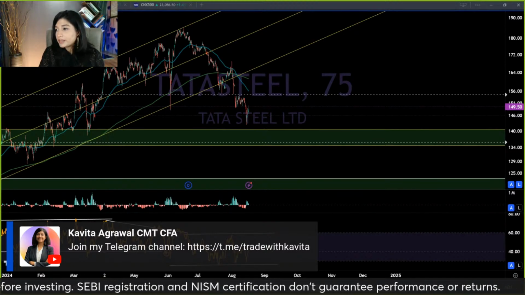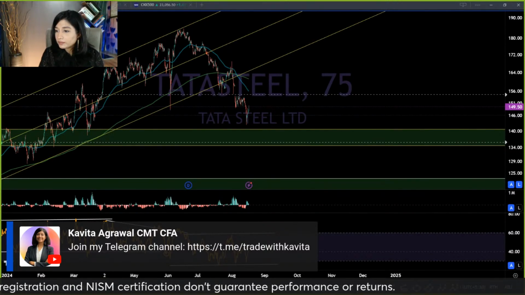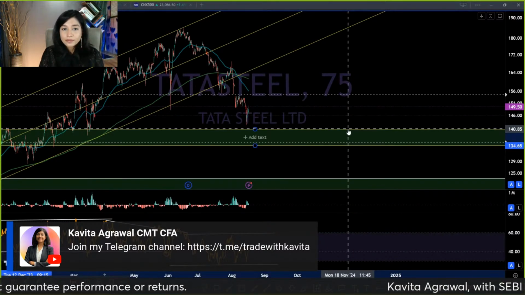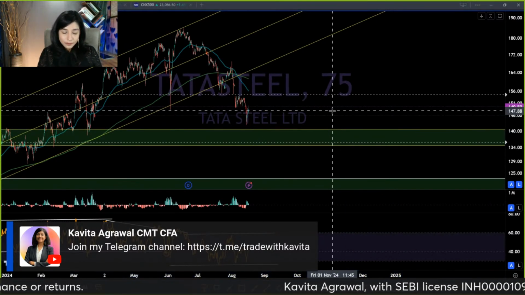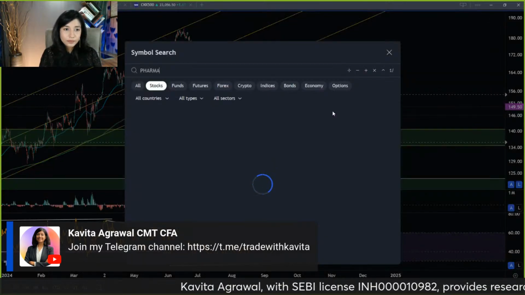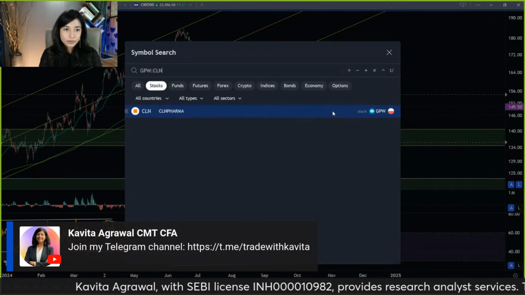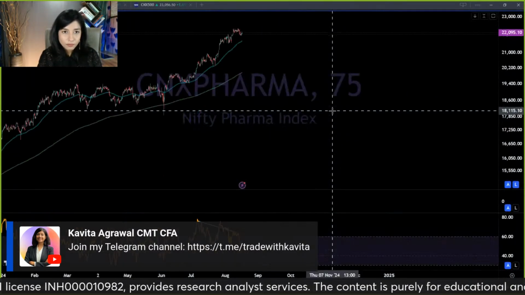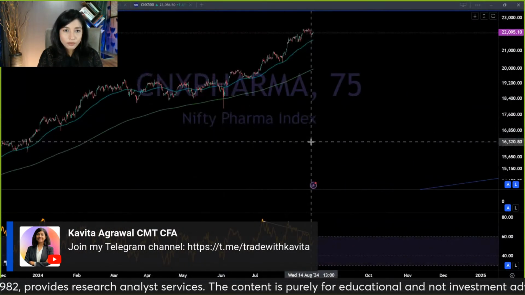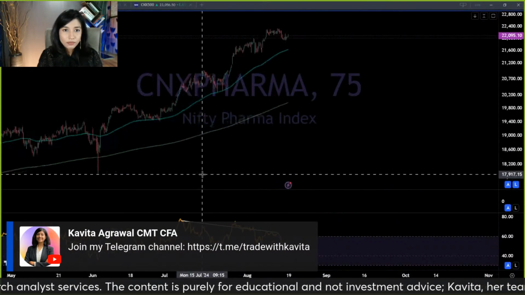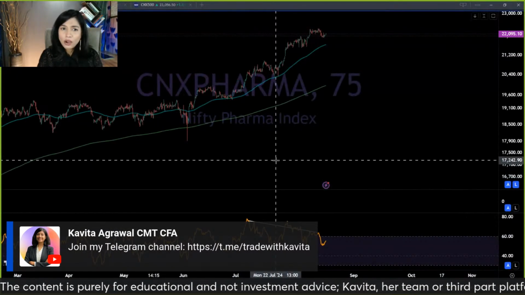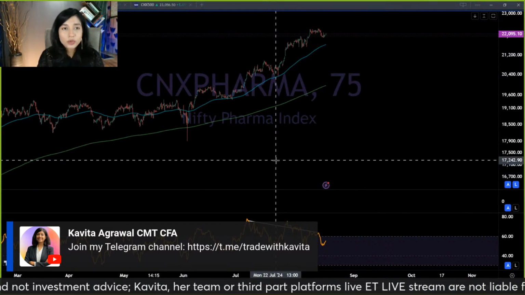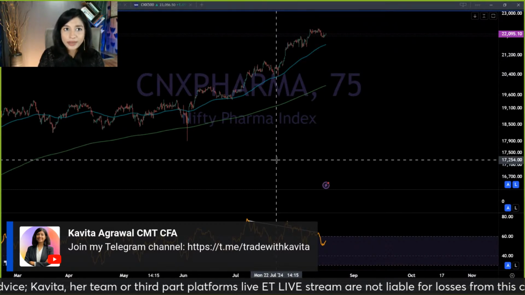Yes, Mohit. I can see you've raised your hand. Hi, Kavita. In the starting, we discussed about the pharma sector that momentum could be topping out. But like the individual stock, PPL Pharma, which was just discussed before this talk, you suggested that there could be a potential entry. So, is it a good idea to look at individual stocks from any particular sector where we see the momentum dying out? 100%. Your individual stocks analysis will trump your sectoral analysis.